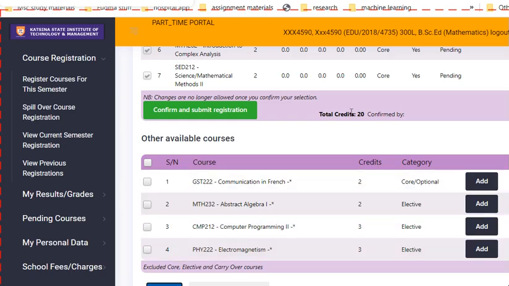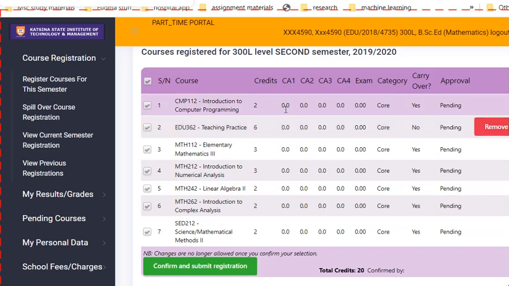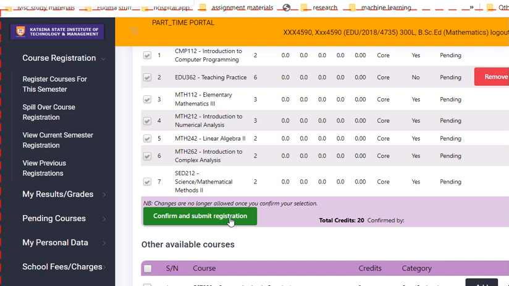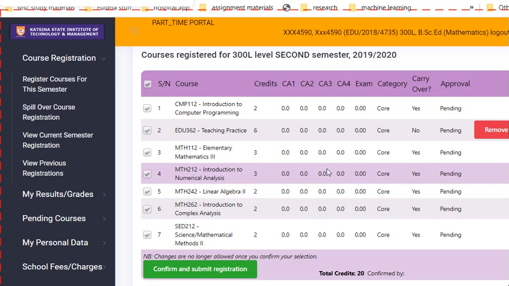You can look at the total credit unit so far is 20. The student can decide to add one or more courses. If they want to add a course, they can add the course and it is automatically added to their course registration for the semester. If they want to remove a course, they can click on remove. Once they are done with the registration, they can click on confirm and submit registration. Once they click on it, it means they will no longer be able to make modifications